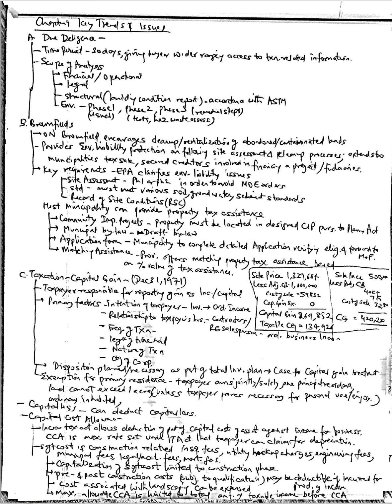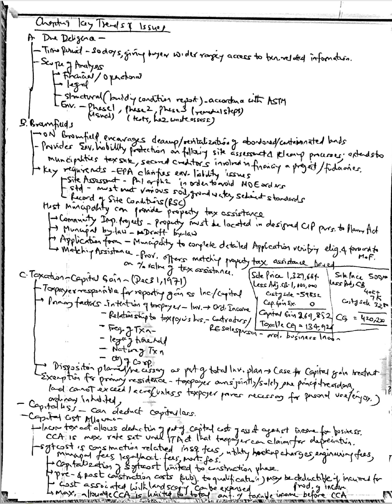Capital cost allowance. Capital assets, though durable, have a limited lifetime and at some point will be replaced. Generally, the capital cost of a property is what the buyer pays for the property. Capital costs include such costs as delivery charges and applicable taxes. The Income Tax Act permits the deduction of part of the capital costs of the asset against income from the business. Capital cost allowance is a